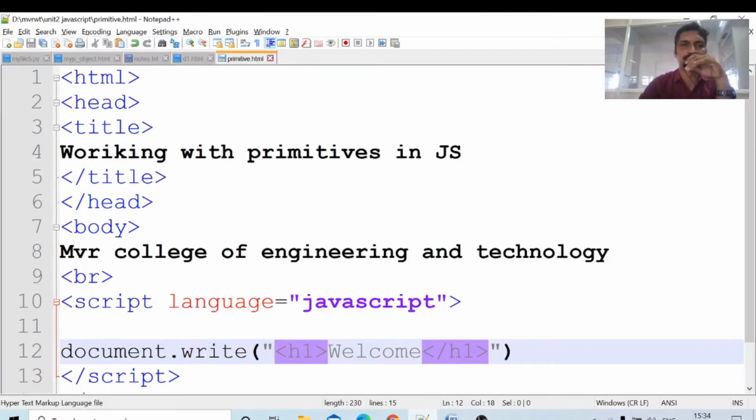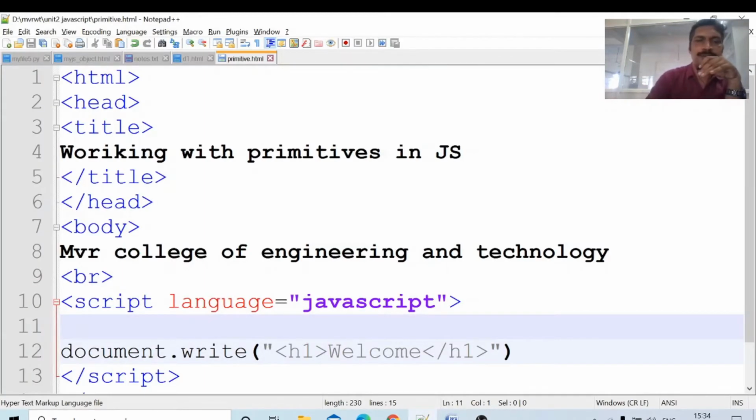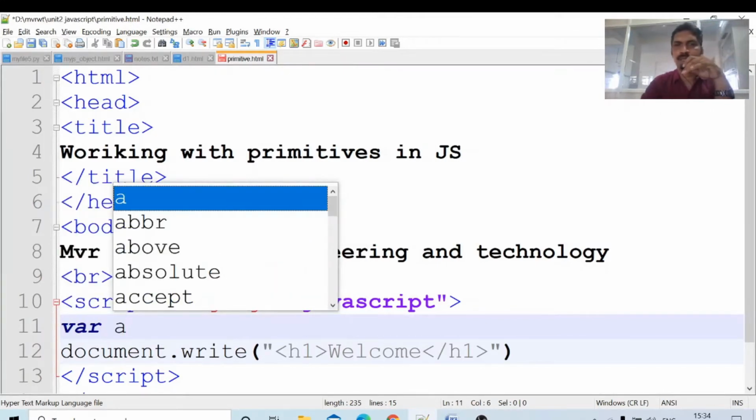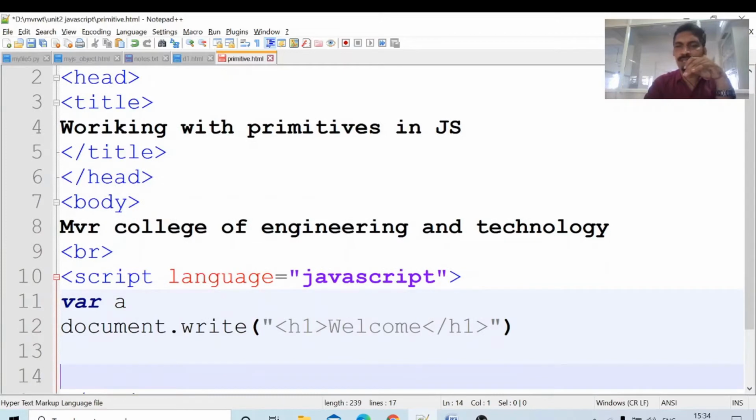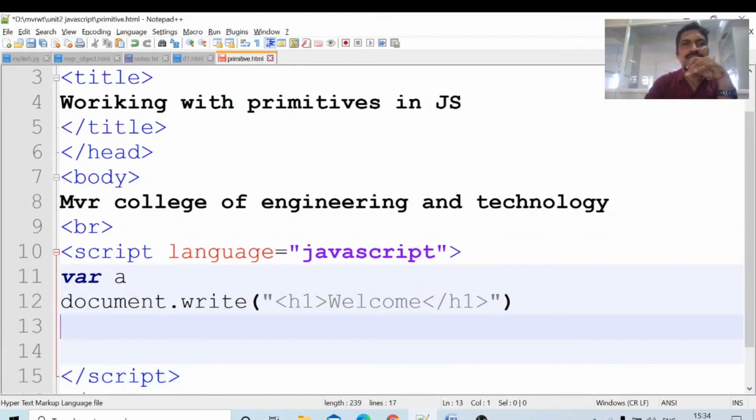Now the script starts. I am declaring the variable A. Now I want to print the type of A. What is the type of A?